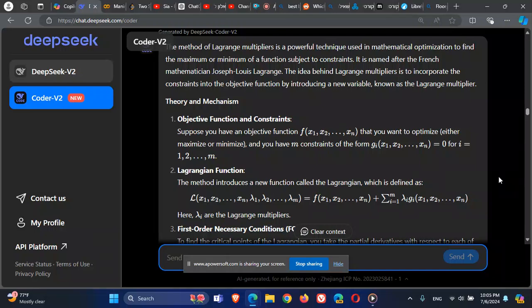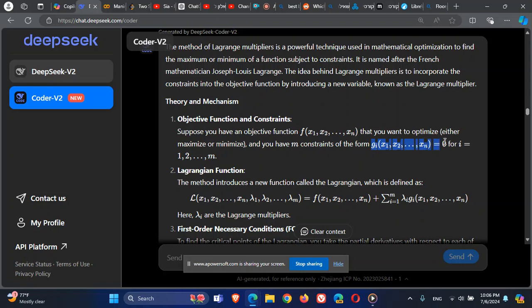The goal is to look at Lagrange multipliers and understand how they help us solve optimization problems with constraints. So we want to have a function with constraints, and we want to find the maximum or minimum, namely the optimization points of the function